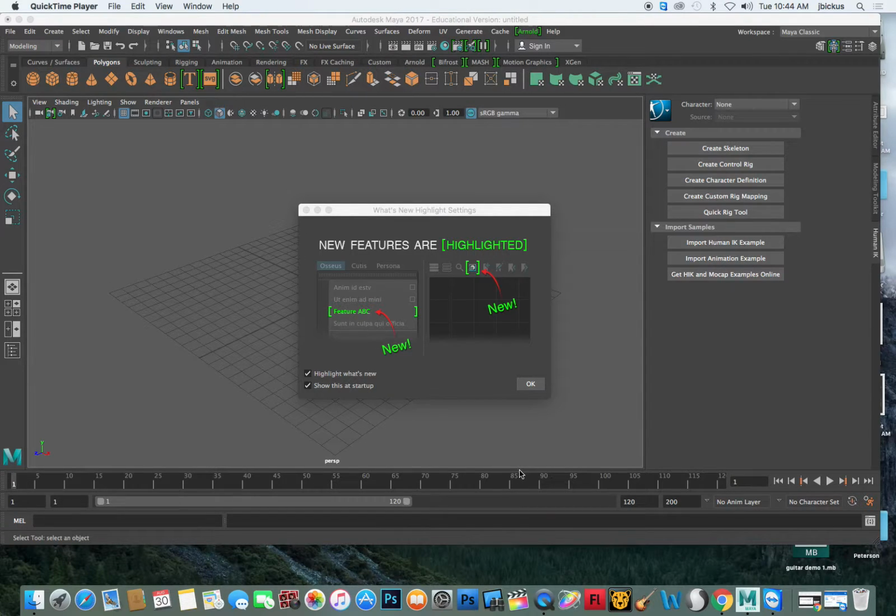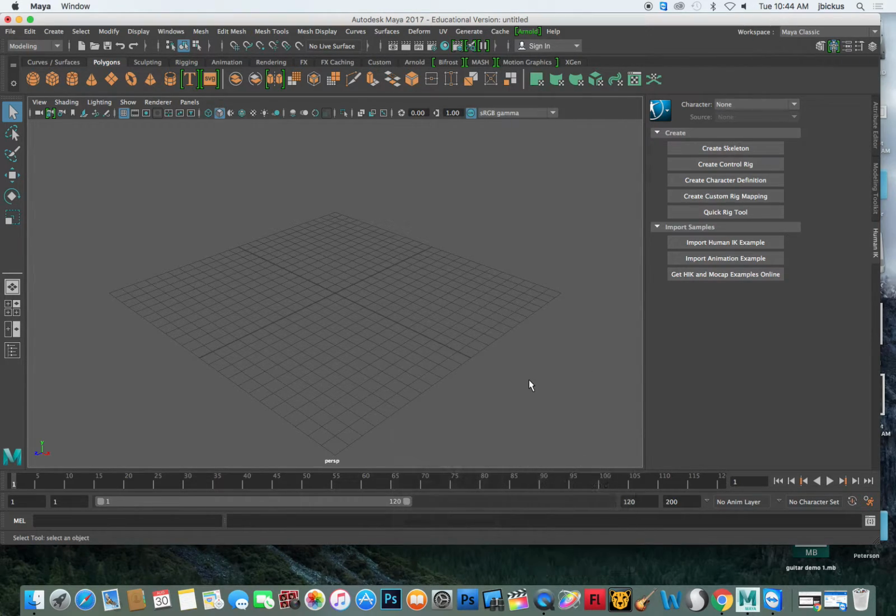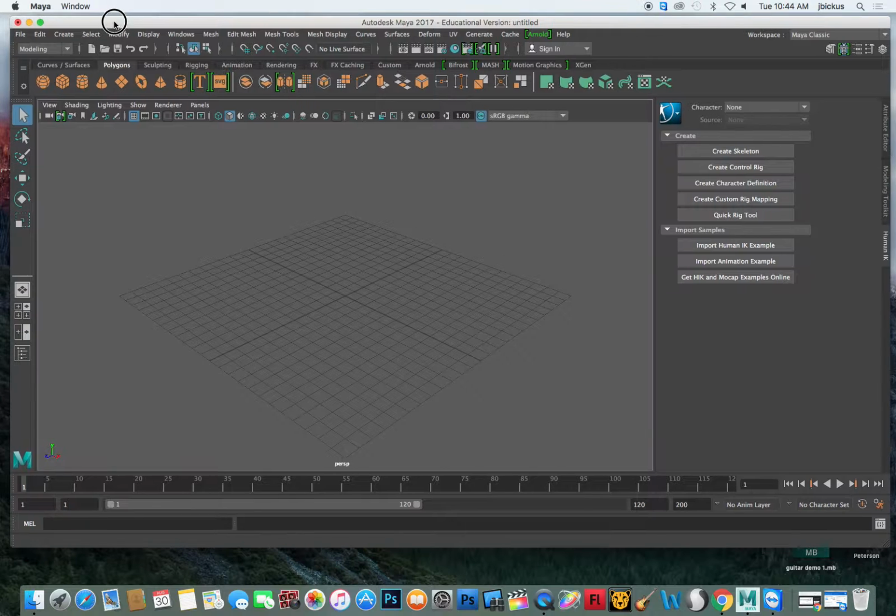Okay, so for this demo, what I'm going to do is go through how to do some of the basic stuff in Sculptress. So when you open up your file, the first thing you want to do is just kind of familiarize yourself